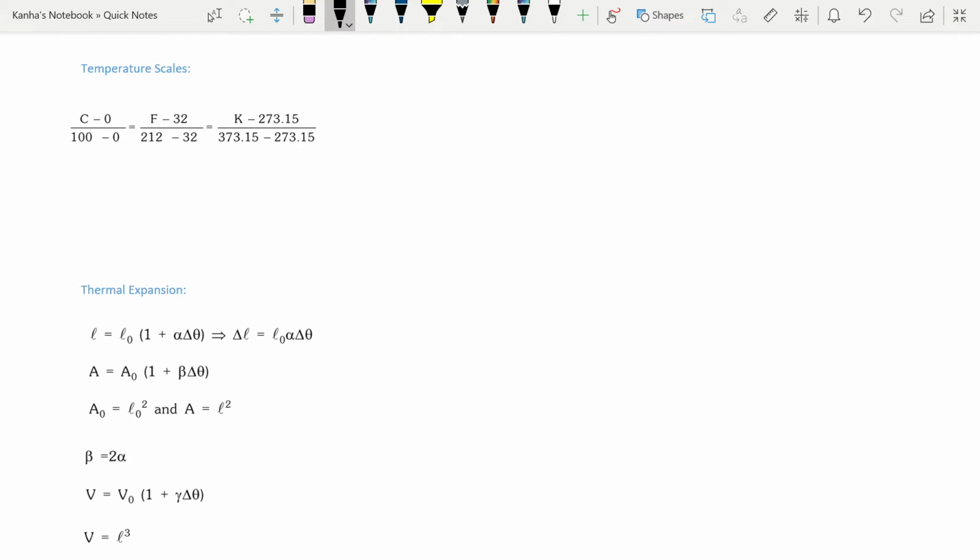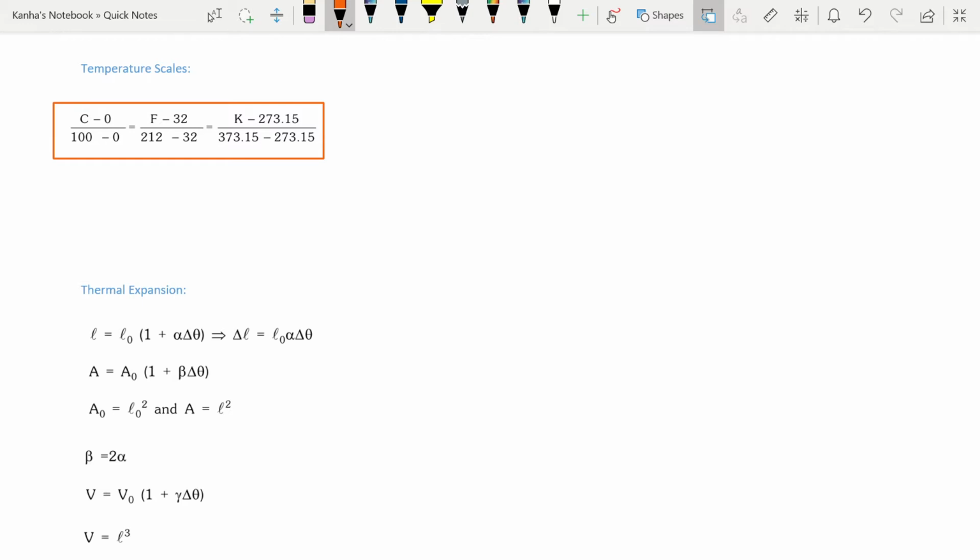Okay, the temperature scale is provided in front of you. Let me mark this as equation number 1. This will be useful when either they ask you to convert the temperature from one scale to the other, or they have given you some quantity in Fahrenheit and they ask you the answer in Kelvins or Celsius. Okay, so there are three scales. The most important one is the Kelvin temperature scale. Kelvin temperature scale will also be known as the thermodynamic scale, and it is the SI unit of temperature. There are the Celsius and Fahrenheit scales as well, and in order to convert it, I have a simple formula,